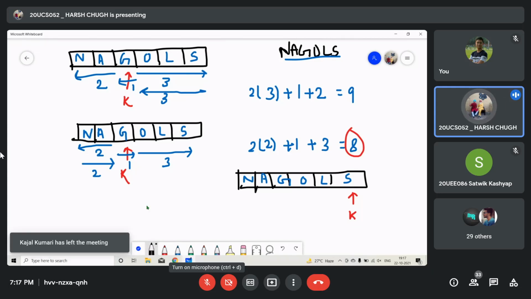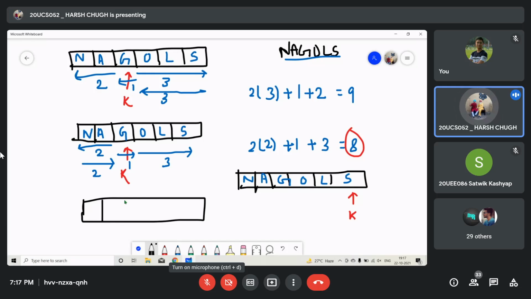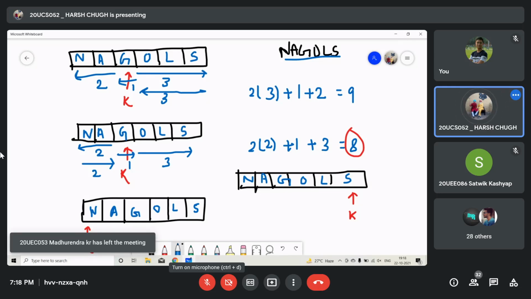Another case you can think of is when the k was at the leftmost position, because we don't have to cover the left part again. So if the k was there, now what we can do, we can write the letter on that position, then move right, then again move right and write the letter similarly. Now after that we reach that square. Now we don't have to come left again because there is no left part to cover. Why is there no left part to cover? Because initially the k was at the leftmost position.